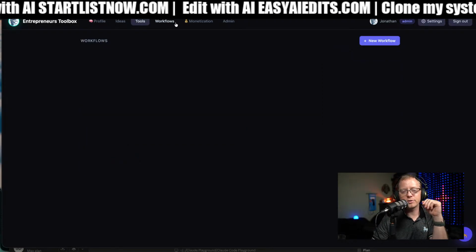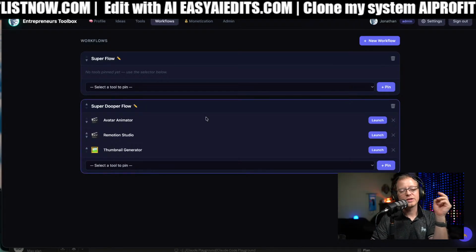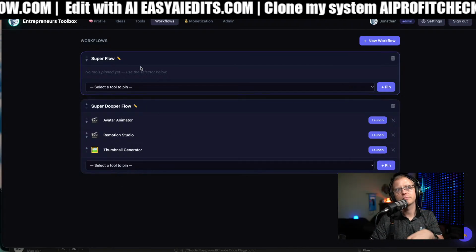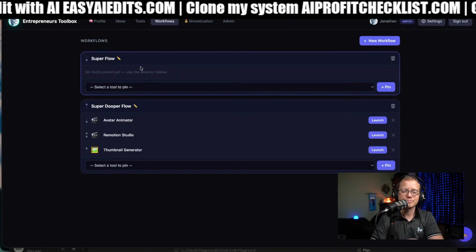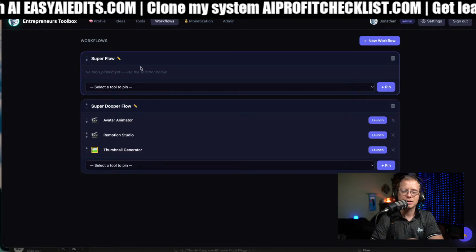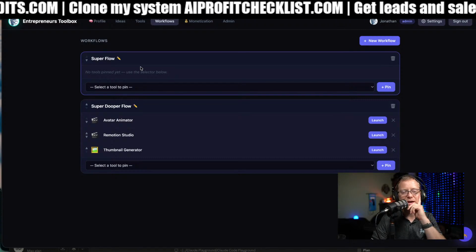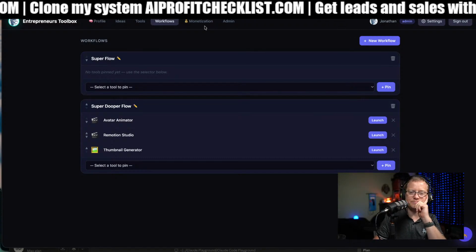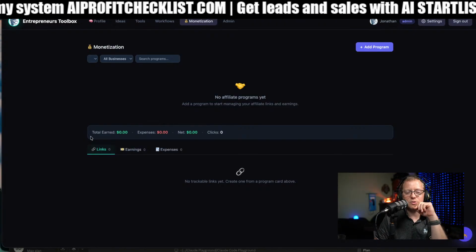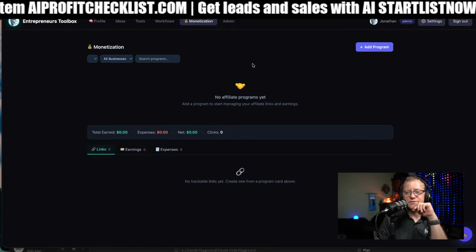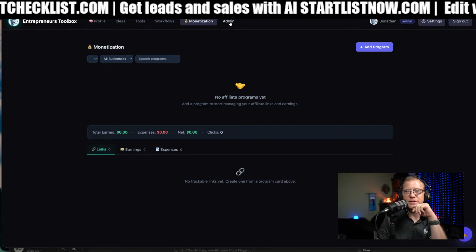And then I created a workflow organizer that takes those and lets me say, here's a thing that... the best way to describe it would be sort of like what N8N does with its things. Maybe I even reimagine it to be something more like that. Then monetization, which isn't really filled in right now, but the goal is that it tracks my different income streams all in one place. That's the idea with that tab.